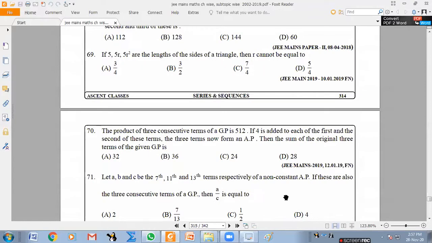Basically, the sum of two sides of a triangle should be greater than the third side. You have to check on that. You can even take common ratio more than one separately, less than one separately, whichever way you want. In fact, you don't have to check for all the three pairs. You can check it and then take the intersection, or the sum of the least two sides should be greater than the third side, because when the greater is involved, it will anyway be greater. So there is another way to check this.